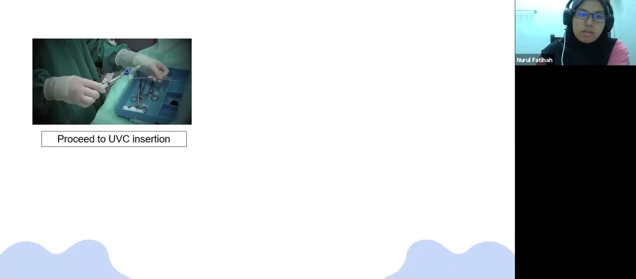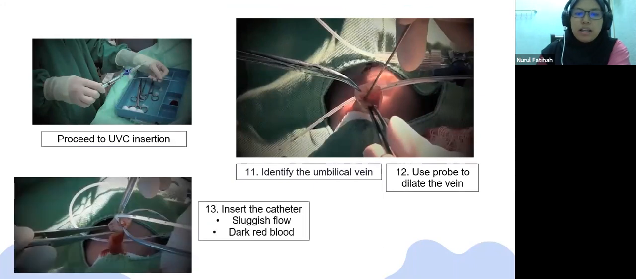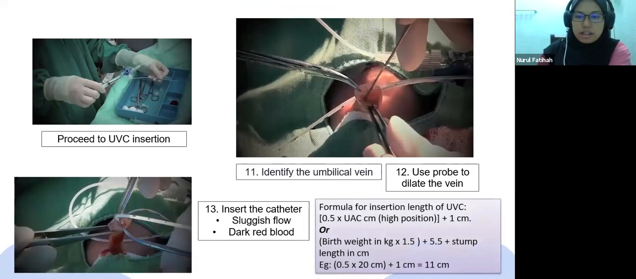All right, now we want to insert the venous catheter. Okay, so we have to identify the umbilical vein, then use a probe to dilate the vein, and then insert the catheter. So how long do we insert the catheter? The formula is